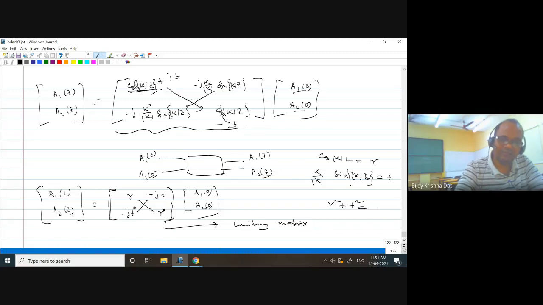Normally, it is a unitary matrix if that becomes 1. In fact, R is the reflection coefficient, so R square is the reflectivity. T is the transmission coefficient, T square equals the transmittivity. So that means total energy is conserved, R square plus T square equal to 1. Lossless case. That is how we interpret. Normally, in a practical case, it cannot be lossless. Some insertion loss will be there, but for theoretical analysis purposes, we can always consider this, and whatever loss there is, we can just add in the final estimation for our evaluation.